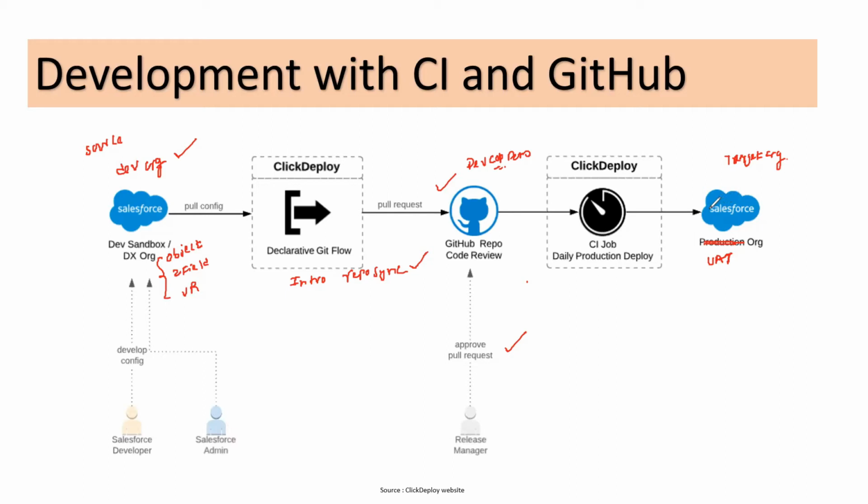So this is the entire process that we'll be doing as a part of this exercise. So we have done this first step wherein we have those changes in our org. Now is the time for our second step, which is doing that sync up with our GitHub repository so that the changes that we have in the org come up as XML in your GitHub repository. So let's complete this step number 2 and see how it goes.